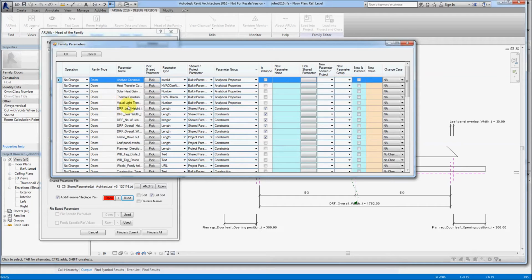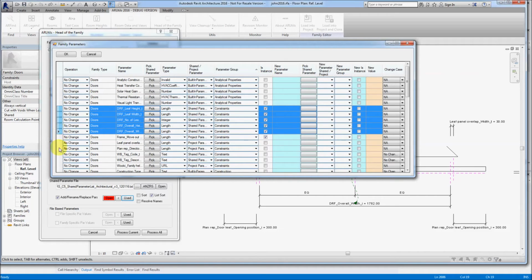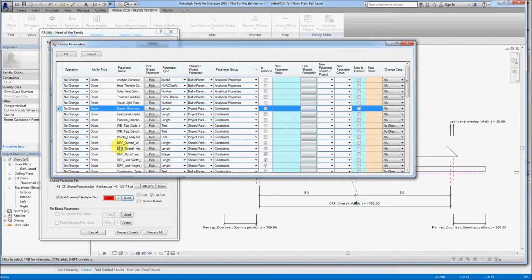So let's say we wanted to change our DRF values to the end of the constraints group. What we can do is use a shift click and hold, and then drag it to the construction type point, and you'll see now that we've got all of our DRF values working at the end of the list of items. So we'll just say OK,